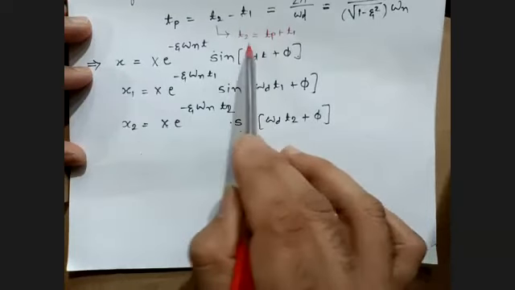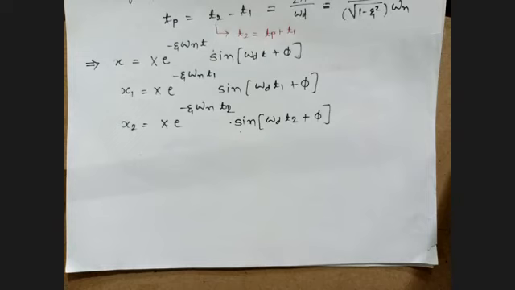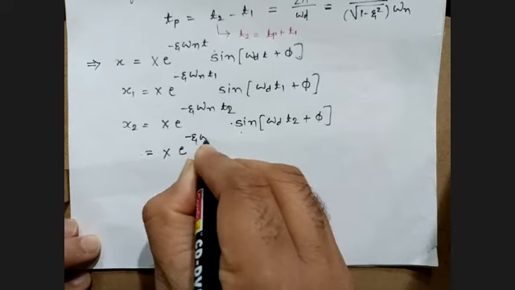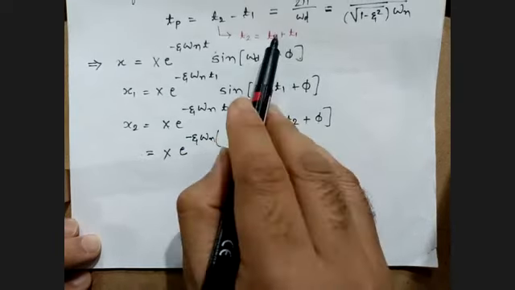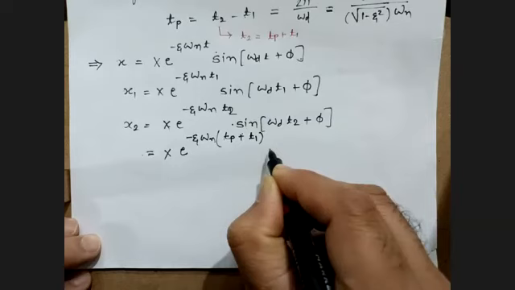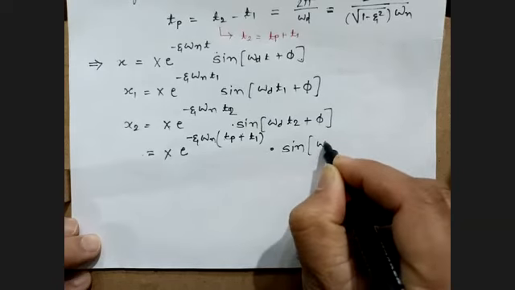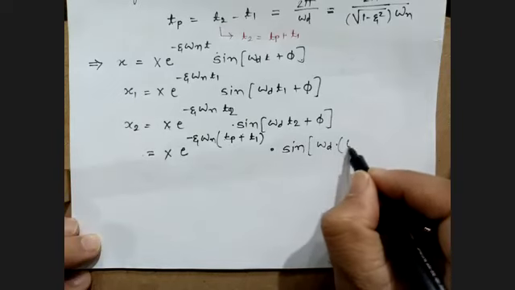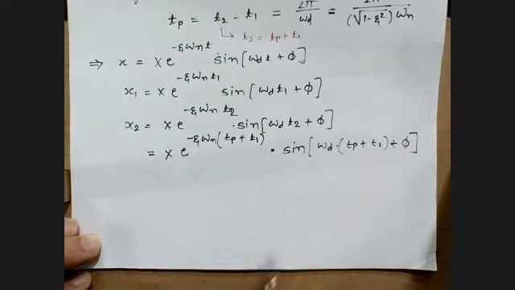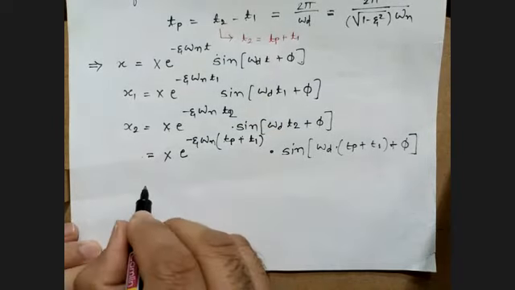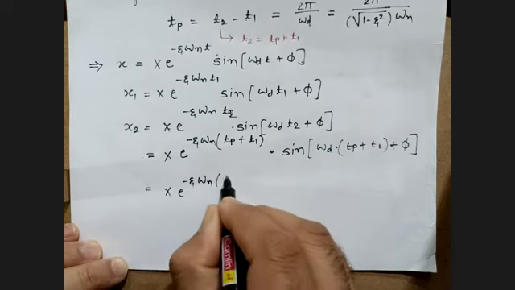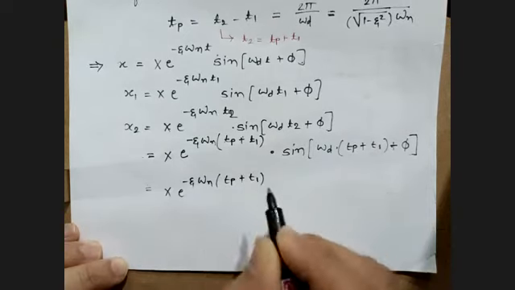We are using this relation in this equation, and let's write it further: x2 is equal to capital X e to the power of minus zeta omega n. Now this T2 has been replaced with T1 plus Tp, so Tp plus T1, into sine of omega d into again T2, so we can write Tp plus T1, plus phi. Right? Now further write this equation: x e to the power of minus zeta omega n, Tp plus T1, that term as it is, into